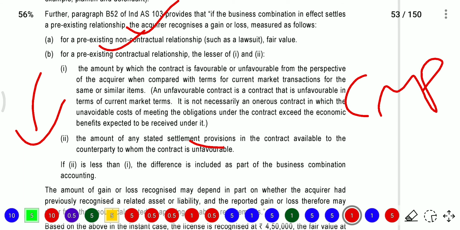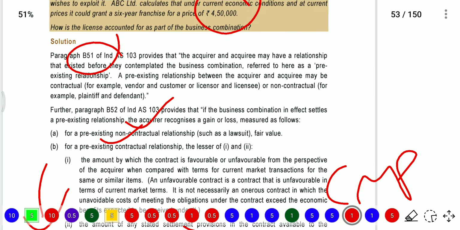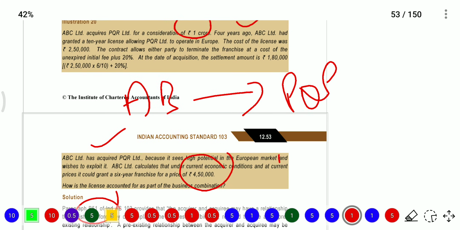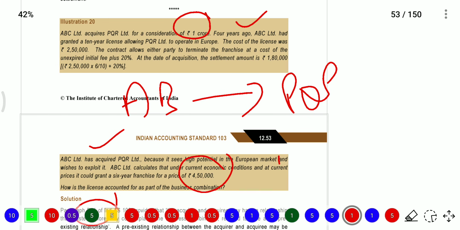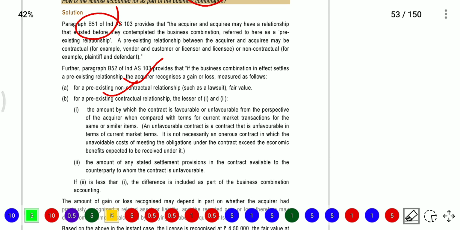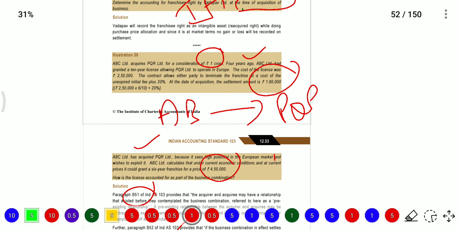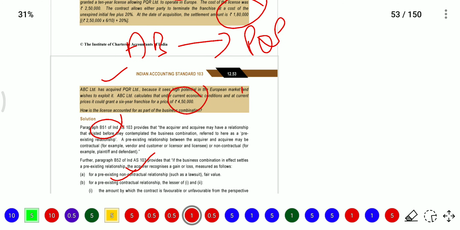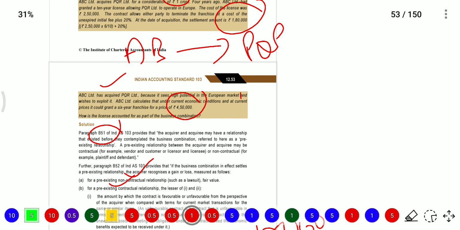So for that we have the amounts given in the question. Firstly, the amount will be the lower of the amounts. For the lower of the amounts, we will compare the values. Firstly, the termination amount will be 1,50,000. The settlement amount will be 1,80,000, which is 2,50,000 into 6 by 10 plus 20%, and it will become 1,80,000. And the amortized portion,